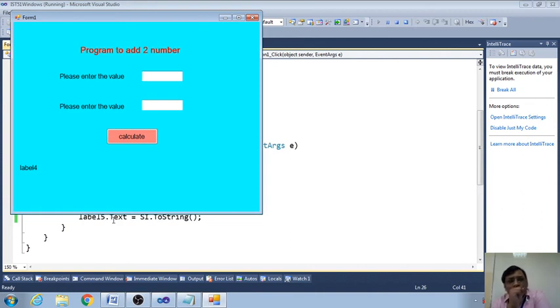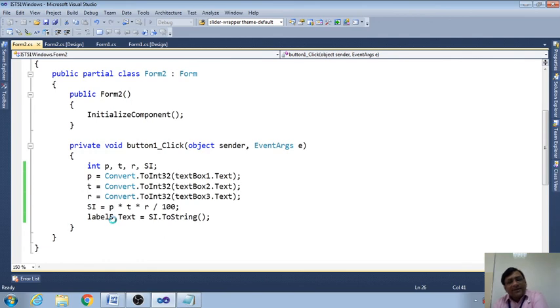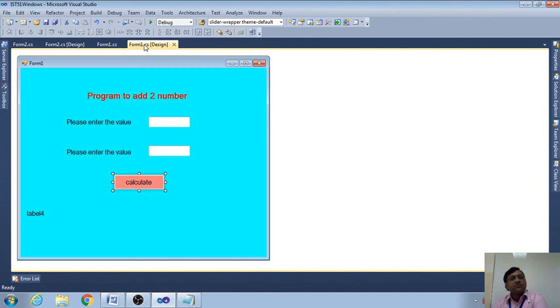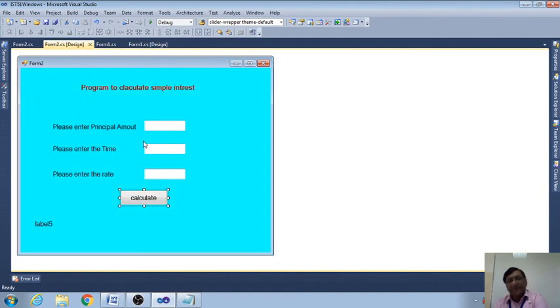One problem, I added another page, and when I run, the first page is coming. Here in the Windows application, the start page is fixed. Okay, start page is fixed. So now our start page is Form1. But what I want is to make Form2 the start page. So I will tell you how to change the start page.